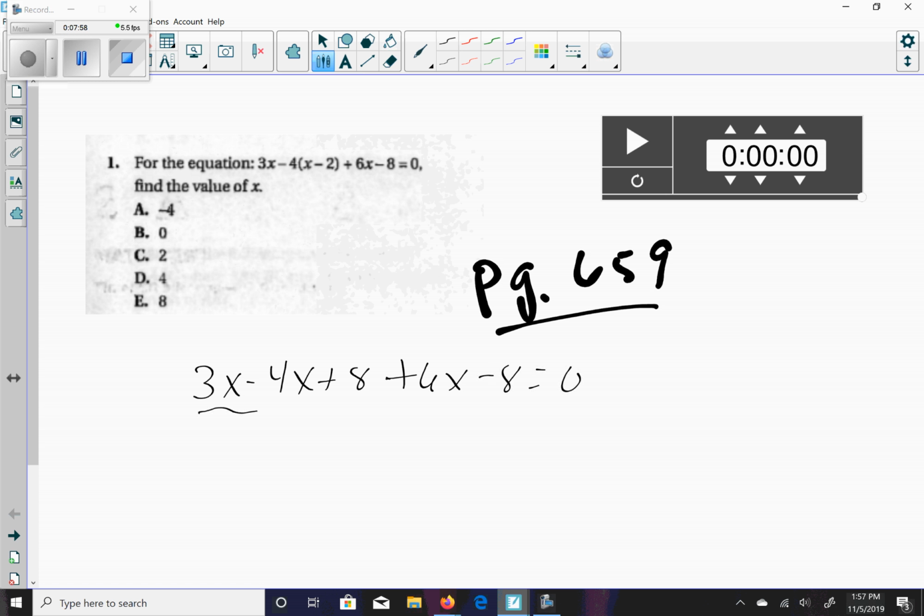Combining my like terms, the x's will be 5x, and 8 plus negative 8 will be 0. So I'm going to have 5x is equal to 0, so x is equal to 0. The correct answer is choice B, x is equal to 0. For number 11,